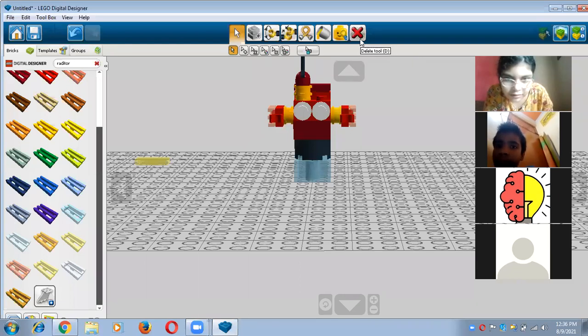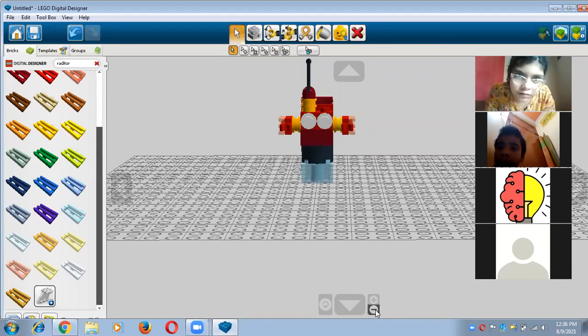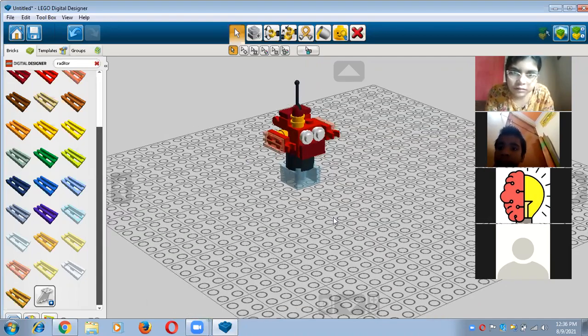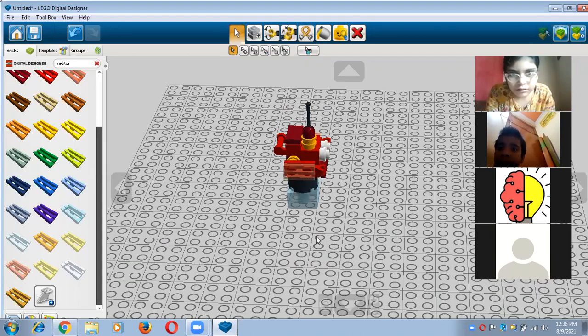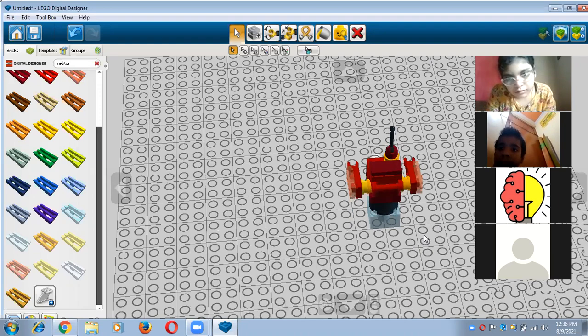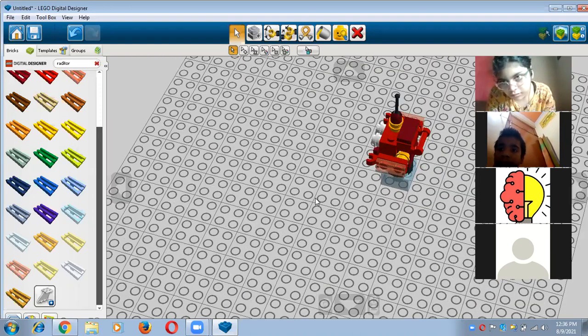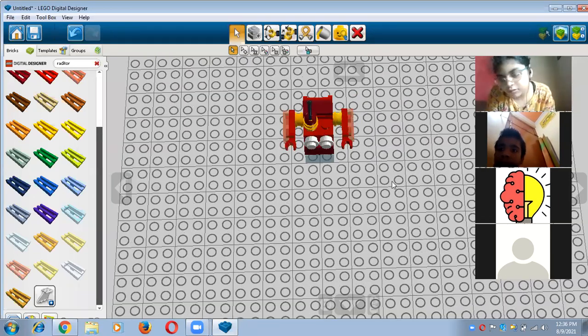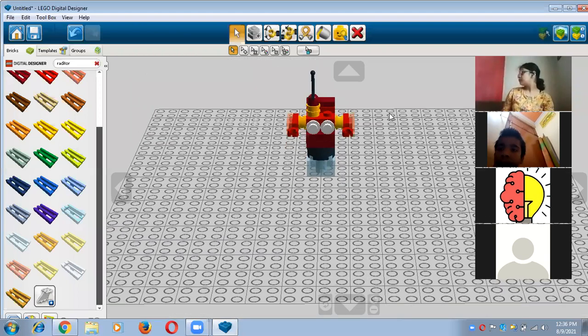You can see right now I'm going to delete this extra part from work plane area. Now I'll show you the complete structure. Yes, you can see it's looking beautiful. So it completely depends on our thoughts. Whatever we think, we can easily make with the help of these parts. And I hope it is clear to you.